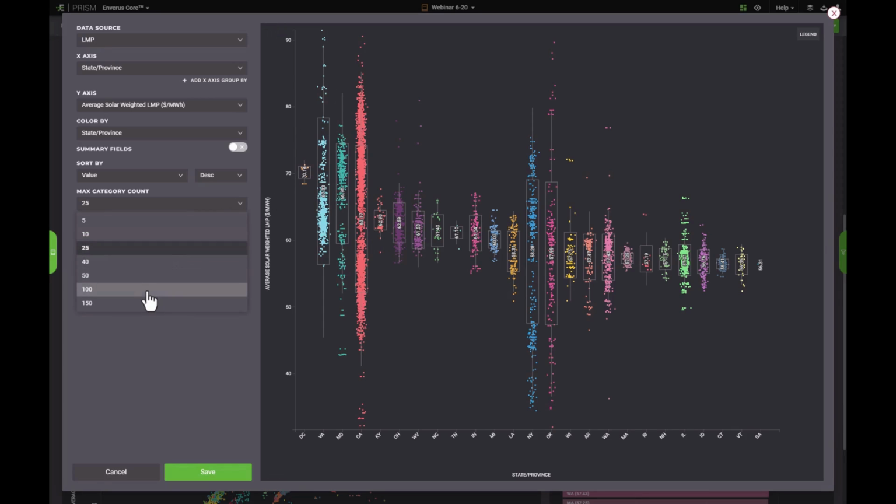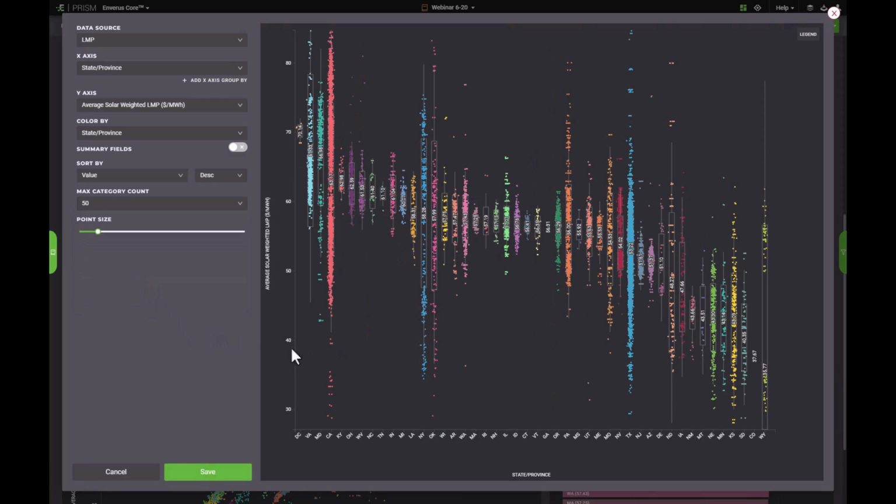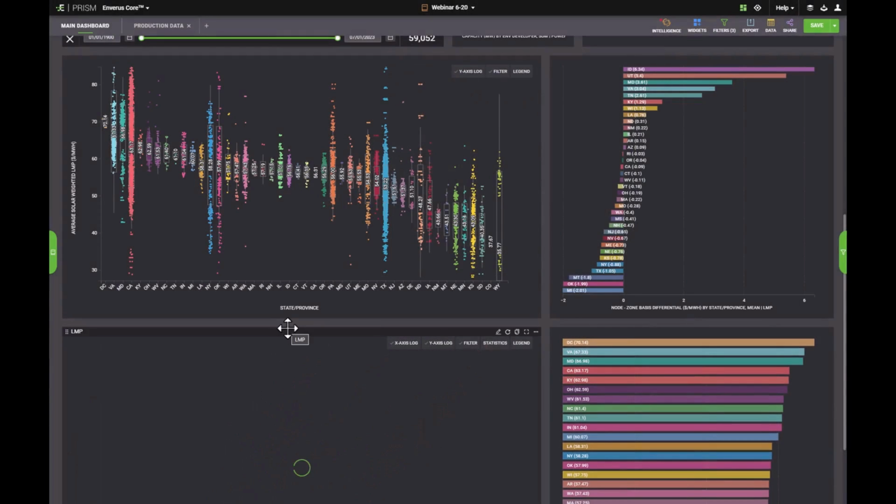I'll actually bump the number of categories here from 25 to 50 to show us most of those states across, and we'll notice that these are in descending order from the highest priced nodes that are located in Washington, D.C., all the way to Wyoming with that lowest average across all of the different states. So I'll just save this to our dashboard now, and we can edit that second chart that we want to